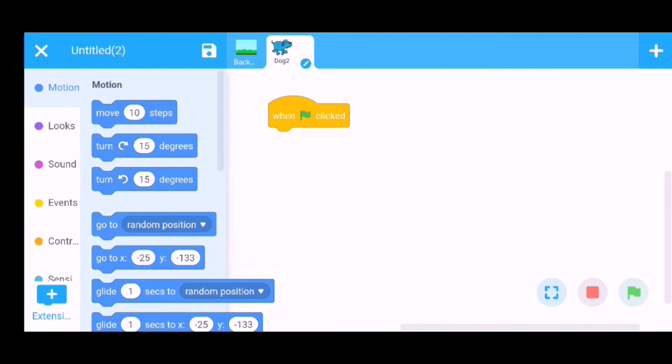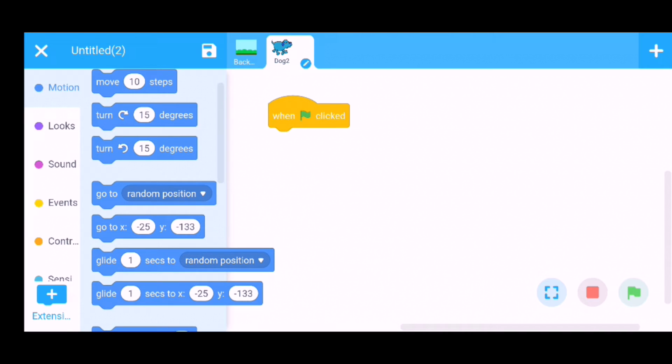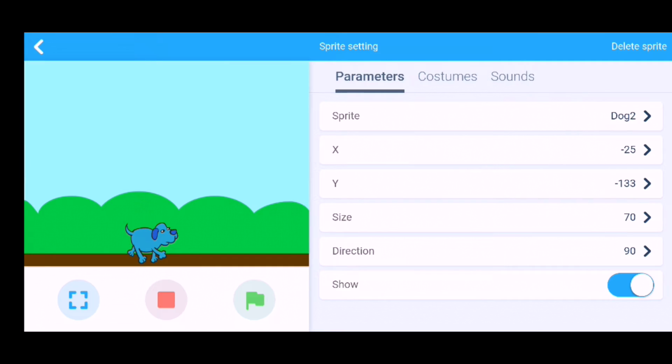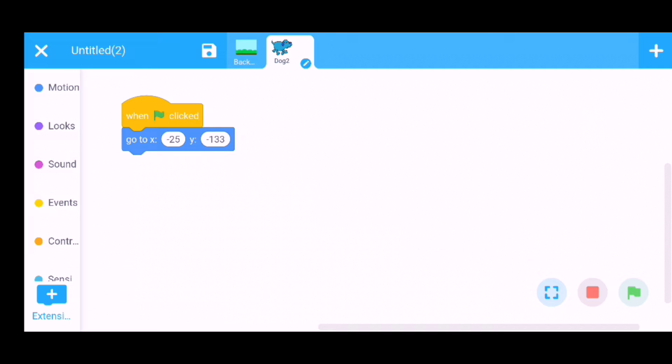Okay. Now go back. Go to the motion section. Use this command. Go to x-axis and y-axis. Look at there the parameters x-axis and y-axis. If this is the initial position of the dog, now you have 2 options.